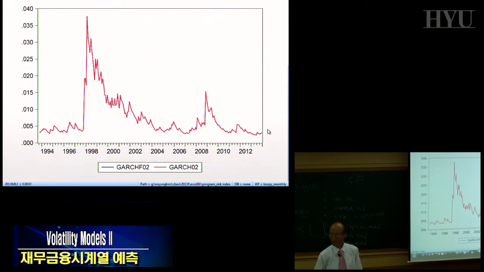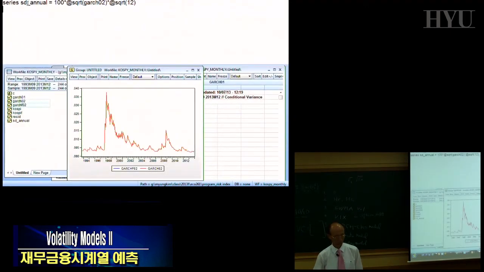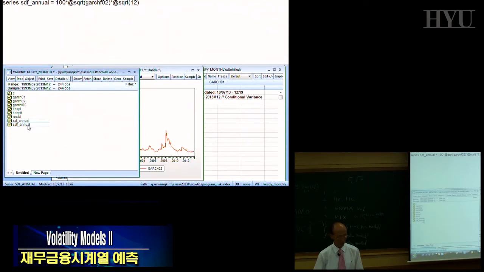Do you see? This one. So this one is in terms of monthly variance, right? So we can do the same thing. Let's say SDF as forecast, annualized GARCH forecast, doing the same thing. So in terms of annual figure, this and forecast,